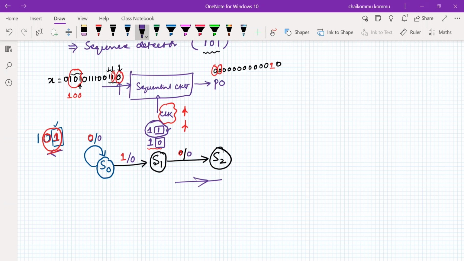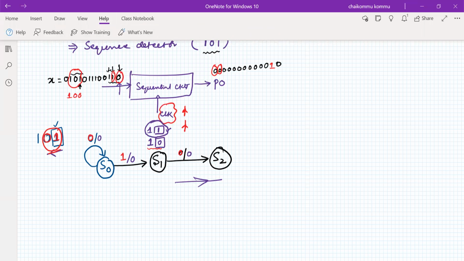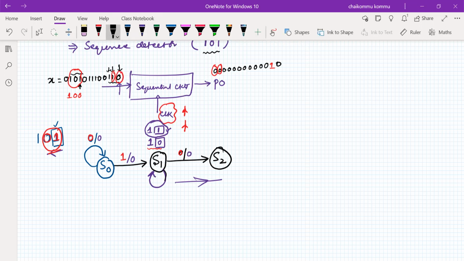Those are the two possibilities. Since now we have to concentrate on logic 1, from this bit onwards we can start a new sequence, right? Therefore, 1 is already detected, so we will remain in the same state.